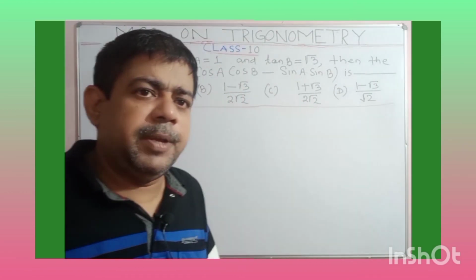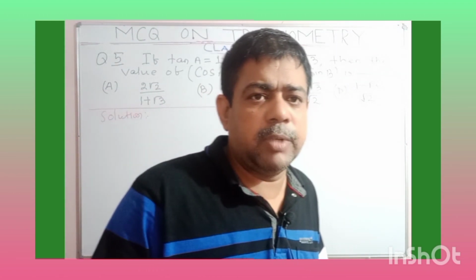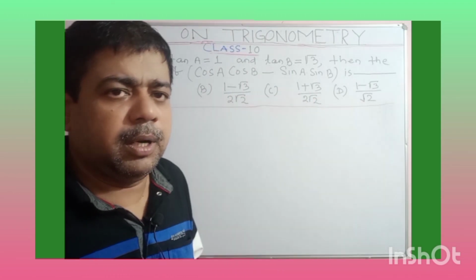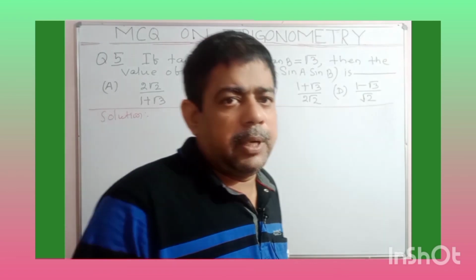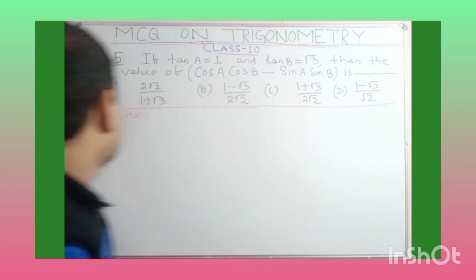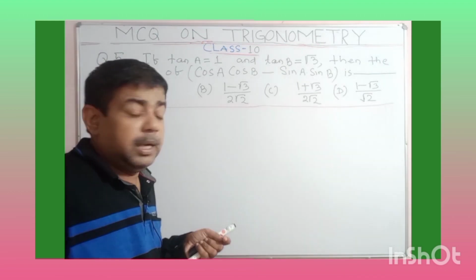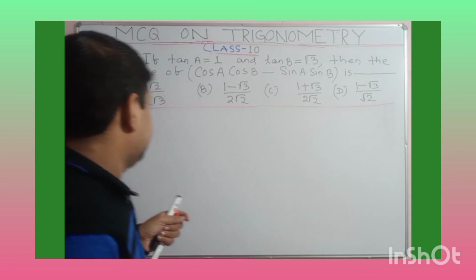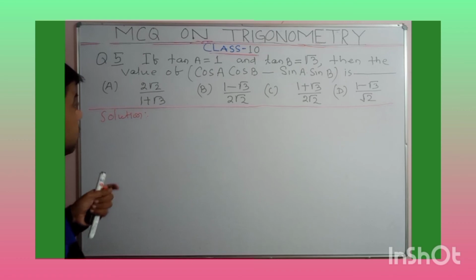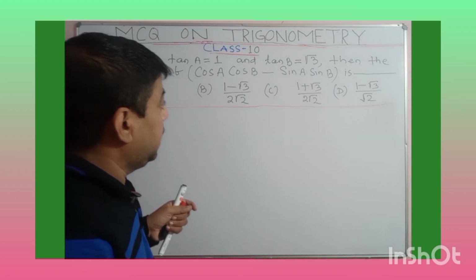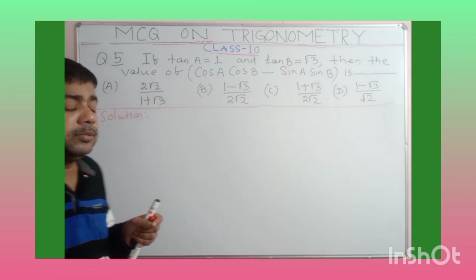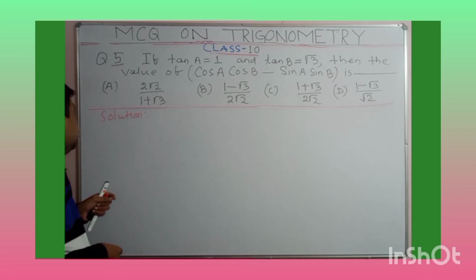So question number 5, the next question I am going to explain for you here. It is an MCQ question on the trigonometry of class 10. Question number 5 is: if tan A is equal to 1 and tan B is equal to root 3, then the value of cos A into cos B minus sin A into sin B is,